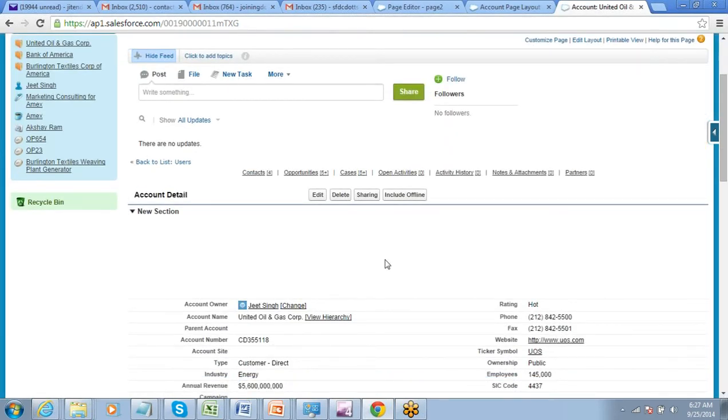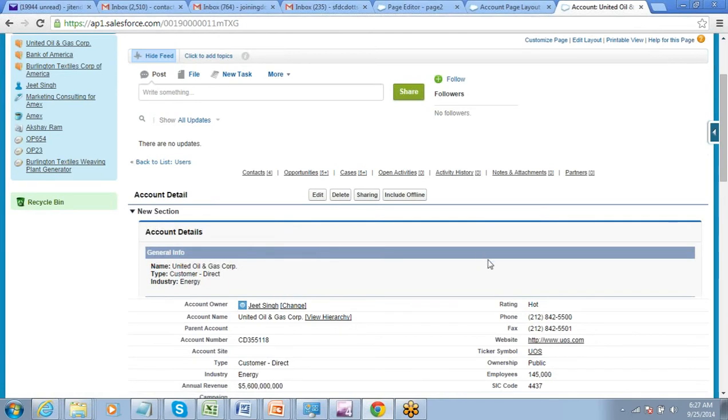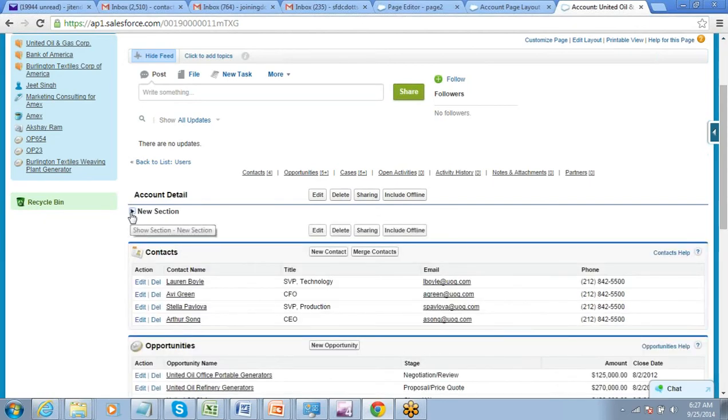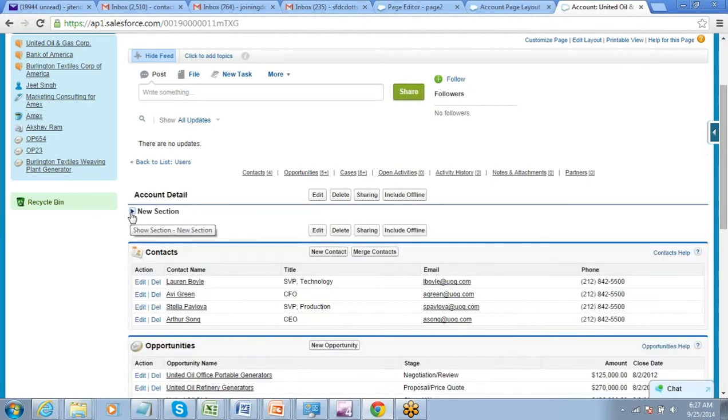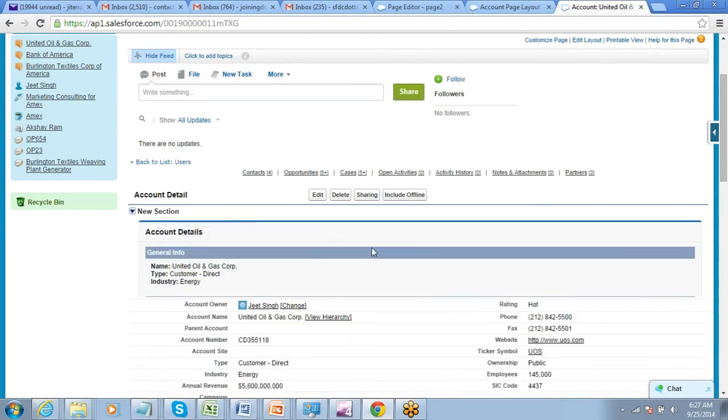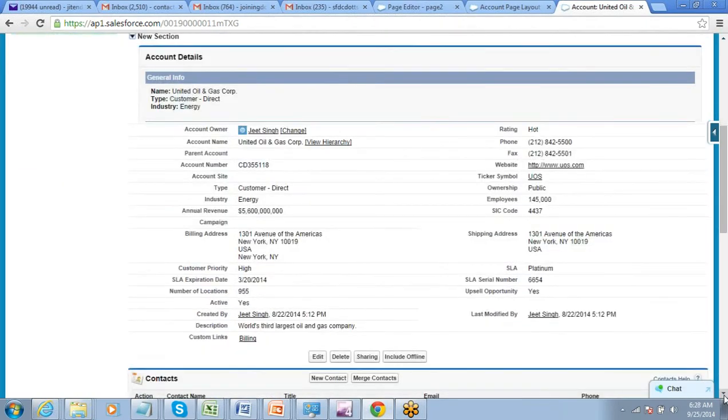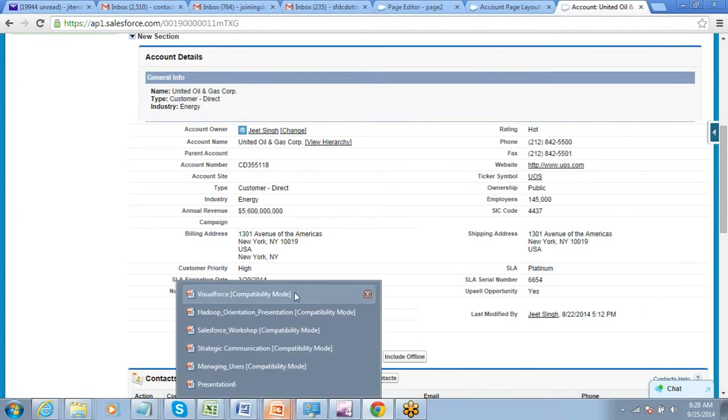See, this is your Visualforce page. Clear? So that's the second way of using a Visualforce page.